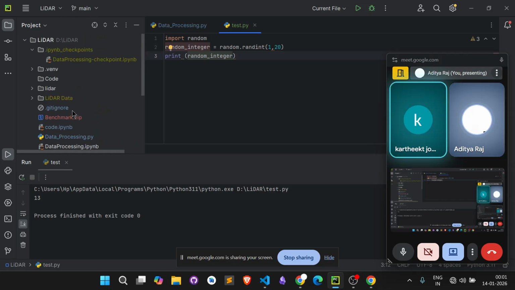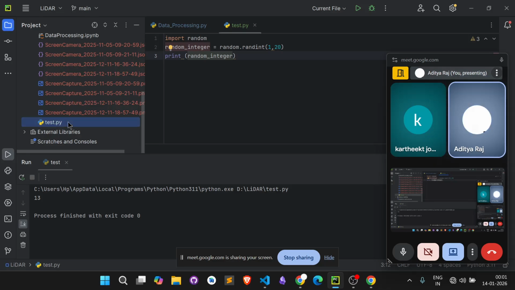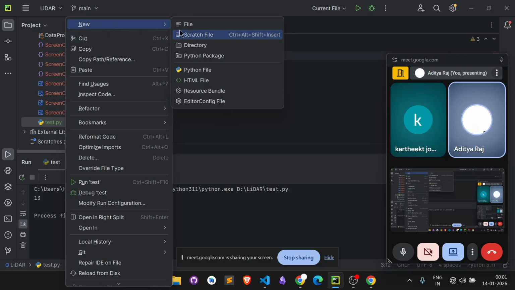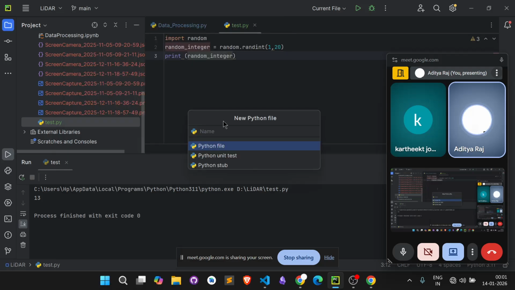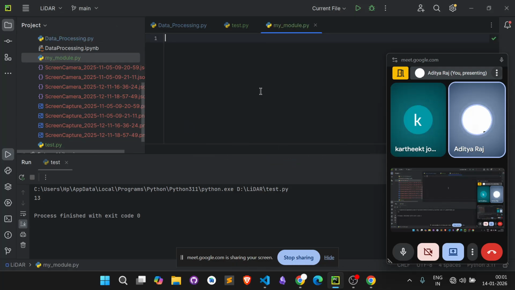Here you can see this is test.py, and I'm creating a new Python file and writing my module. This is a very basic module I'm creating, and this module I'm creating for